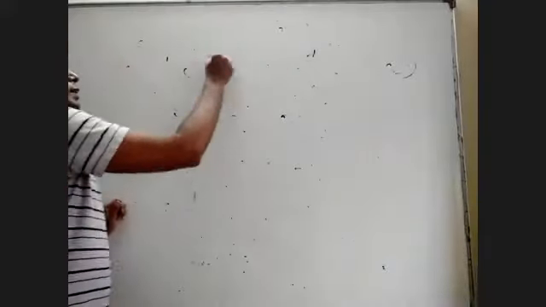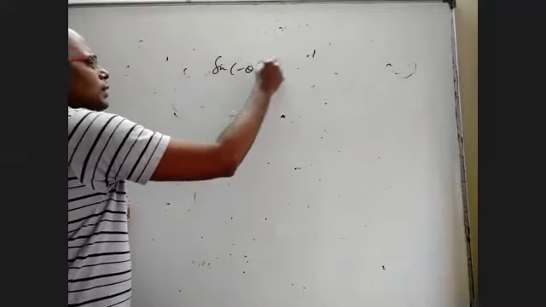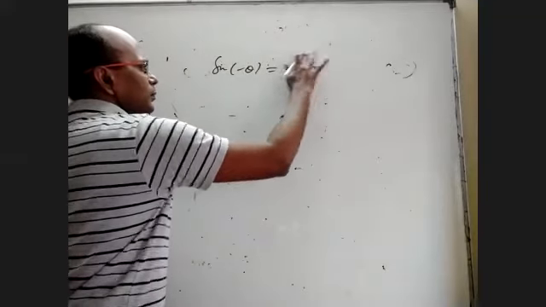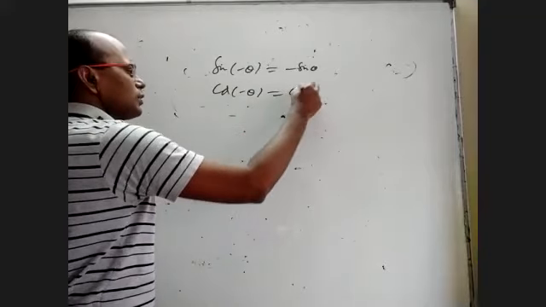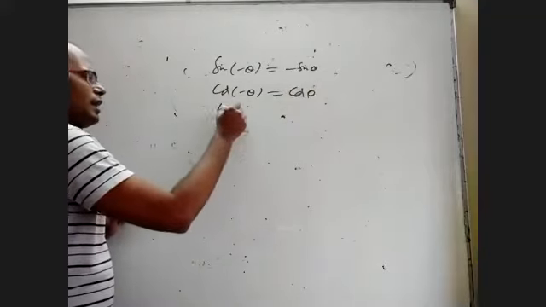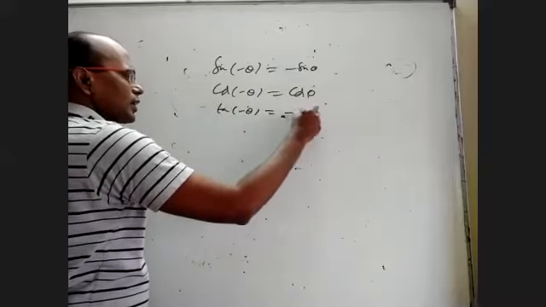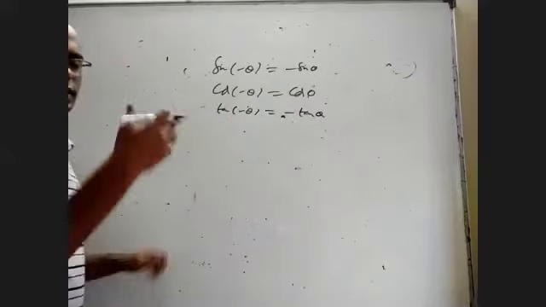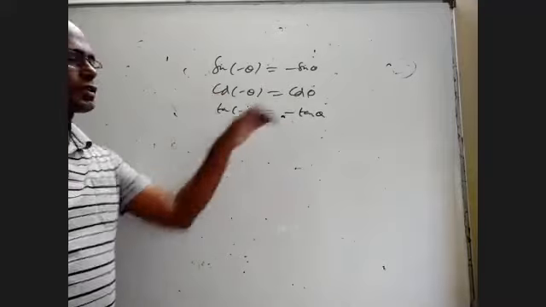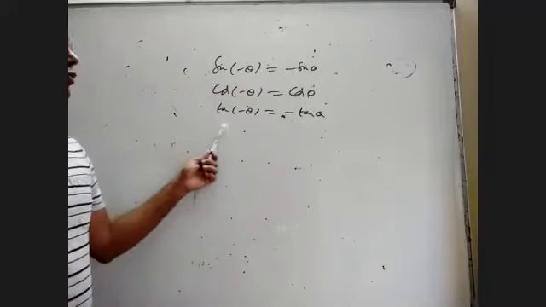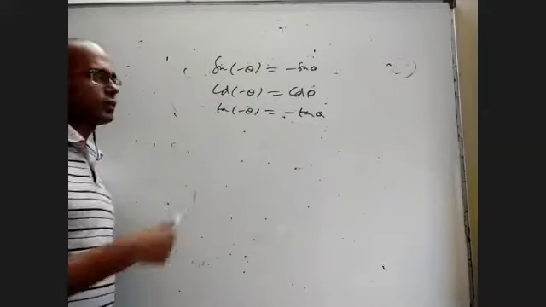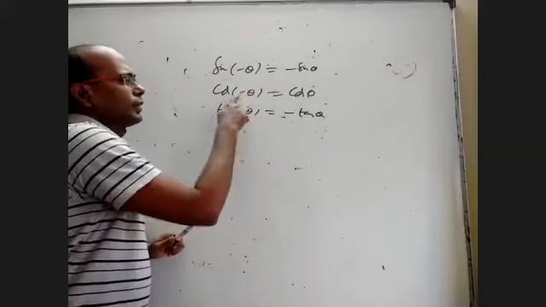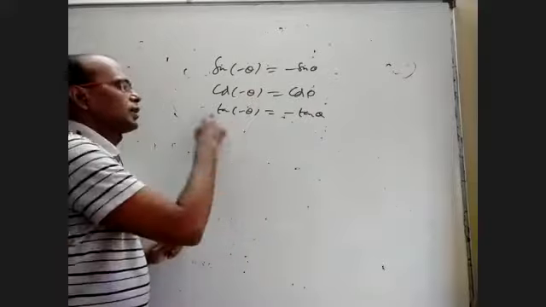Sine minus theta is minus sine theta. Cos minus theta is cos theta only. Tan minus theta is minus tan. Whatever is true for sine, the same thing is true for cosecant. Whatever is true for cos, the same thing is true for secant. Whatever is true for tan, the same thing is true for cot. How does this come? Because here minus is coming out, here minus is gone, absorbed, and here minus is coming out.